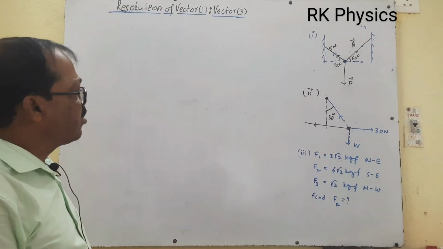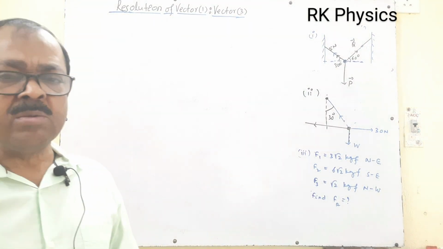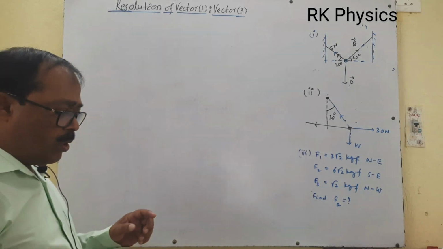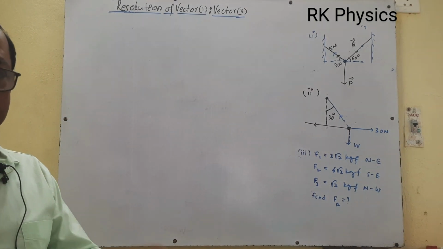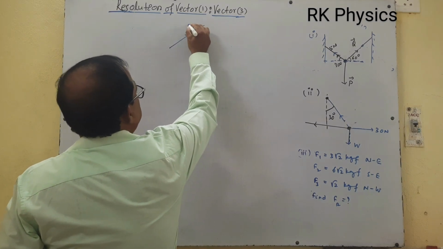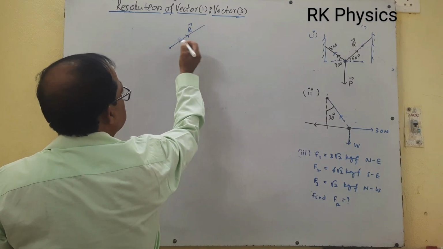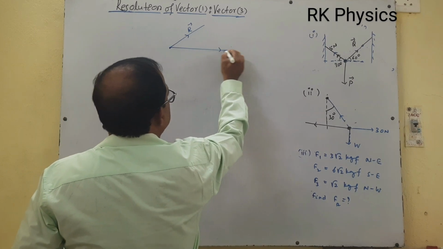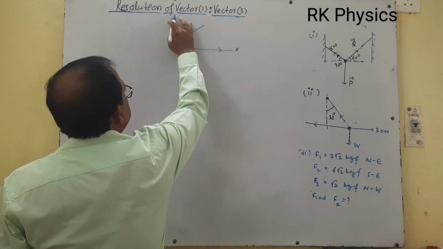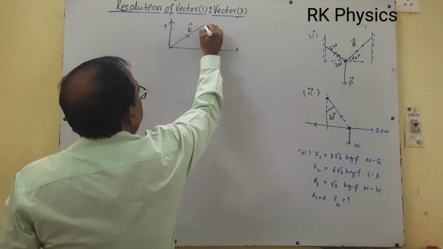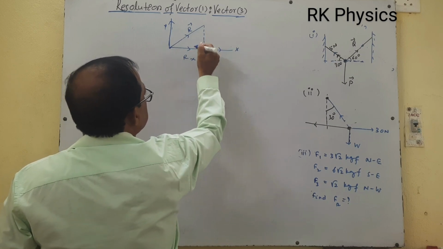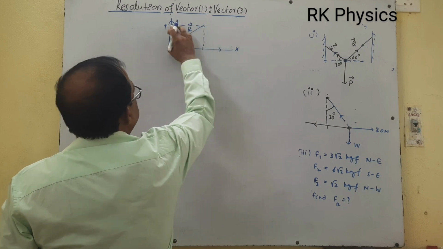That means a plus b gives a resultant. But if a is unknown, b is unknown, you find out the value of a and b. If r is known, the resultant is known. Therefore, if the resultant is known, take its starting point as per geometry at the origin. This is your x coordinate, this is your y coordinate in terms of a two-dimensional system. And if you drop perpendiculars, you can take this much length towards the x-axis as rx, this much length towards the y-axis